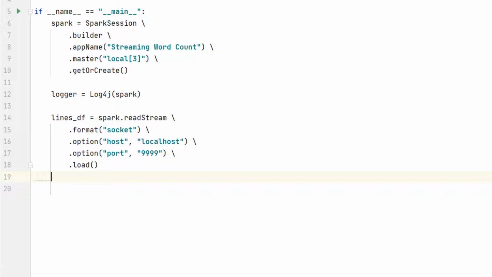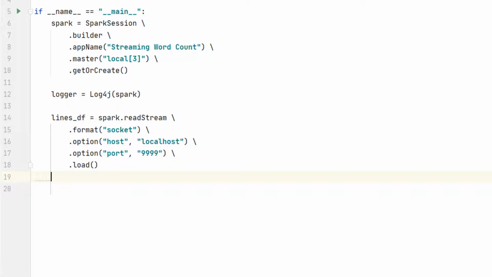However, this is a streaming data frame and some standard data frame transformations are not allowed. For example, you cannot apply a count action on this data frame. I'll talk more about what is not allowed and why it is not allowed at a later stage. But you can safely assume that most of the transformations are allowed and most of the actions are not allowed.